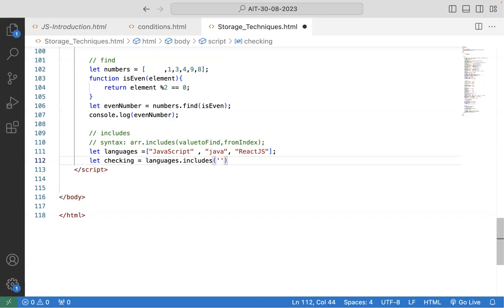I need to check if the value that I am passing is there in this or not. So Java is the value I need to check, right? By using the includes method, I was checking whether this parameter is there inside of my array or not. So if I try to console the value,